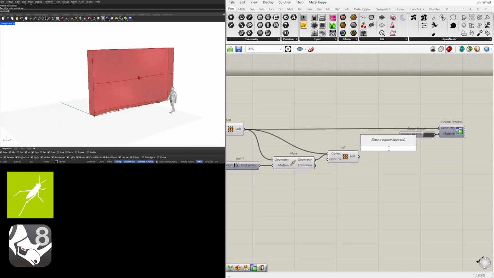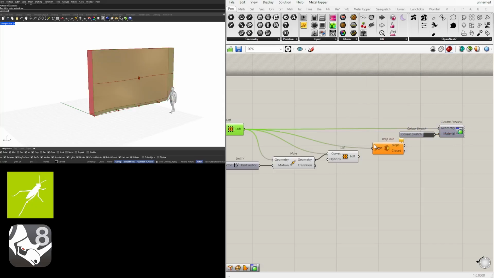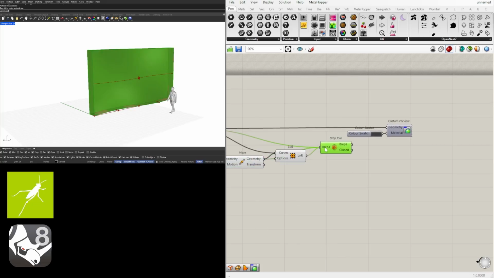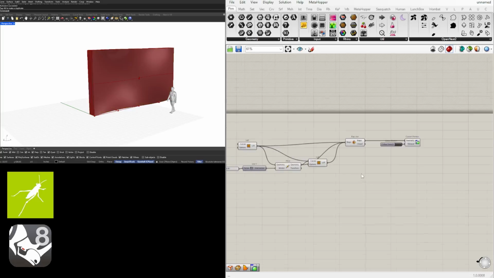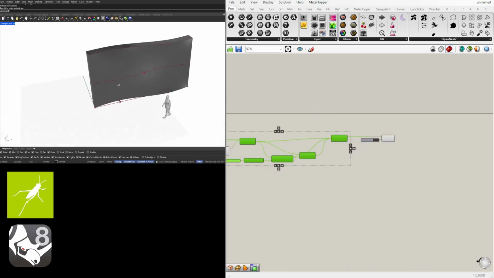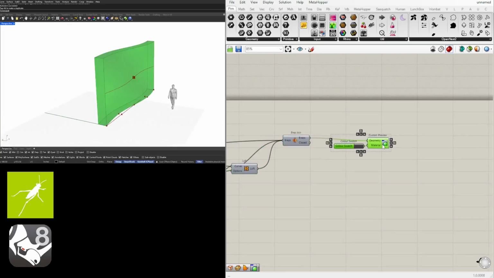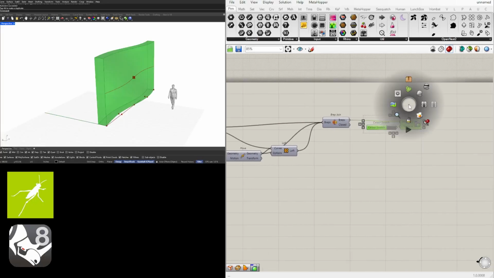And now we can use a brep join to join the outside, the other side, and the band that goes around. When we look at the output here, it says a closed brep. And so now we can override this custom preview and then take a look at what we have. So basically creating a solid first,